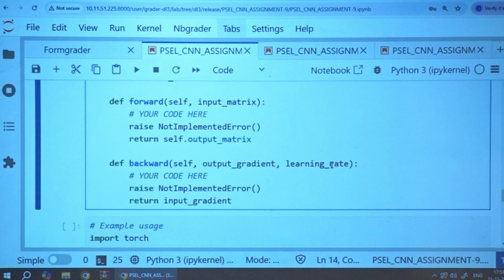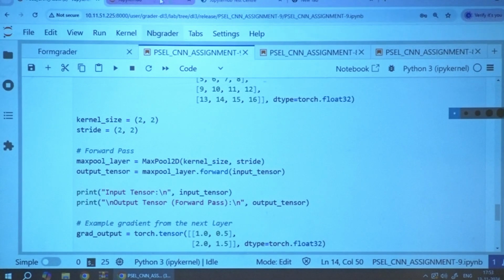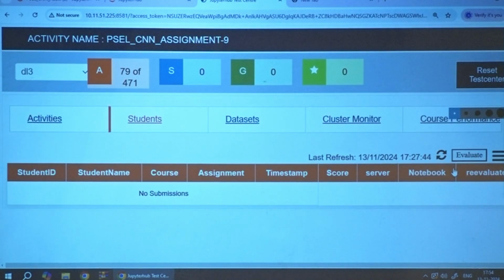Anybody? Let me see. You have only 5 minutes of session. Let me see, can anybody finish this? Both of these need to be completed. Think about it. Finish both assignments 8 and 9 so that we can finish implementing the convolution layer and the max pooling layer. In the next class, we will see the rest of the layers.